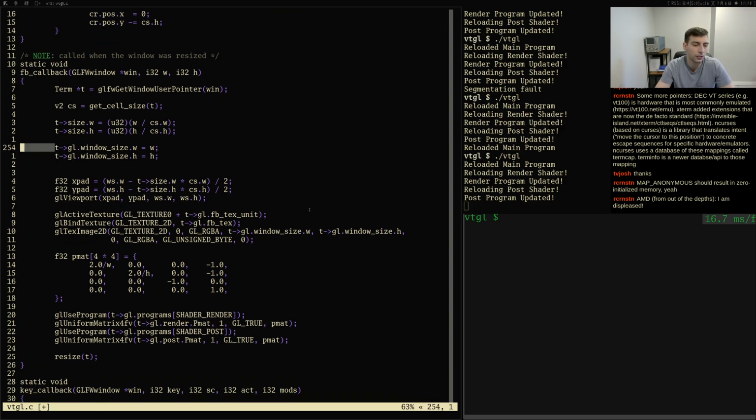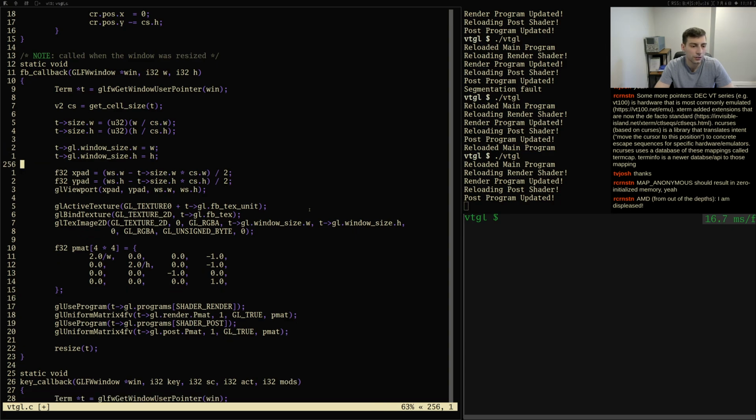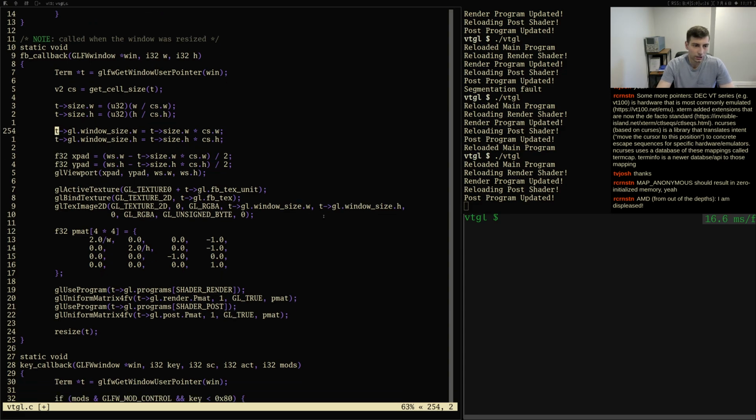Then we will set this equal to T2 size dot whatever times cell size dot width. And then this padding here is going to be